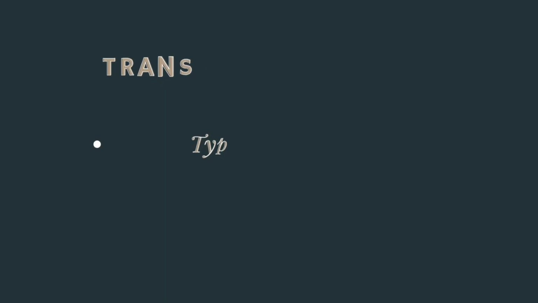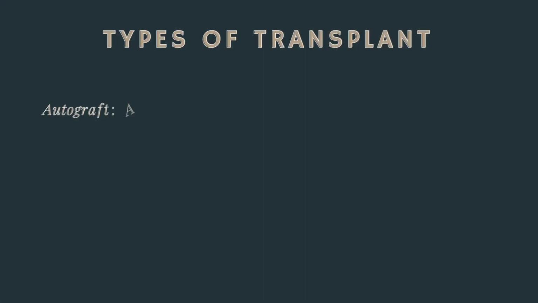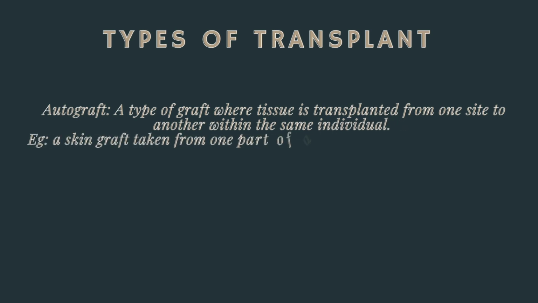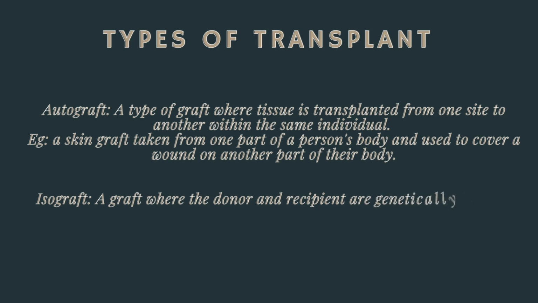So, in transplant rejection, there are two things that we have to discuss. One is the types of transplant, and second is the types of rejection. Coming to the types of transplant, there are four types: the autograft, the isograft, the allograft, and the xenograft. Autograft is a type of graft where the tissue is transferred from one side to another within the same individual. Example for this will be a skin graft for a wound, taken from one side and used